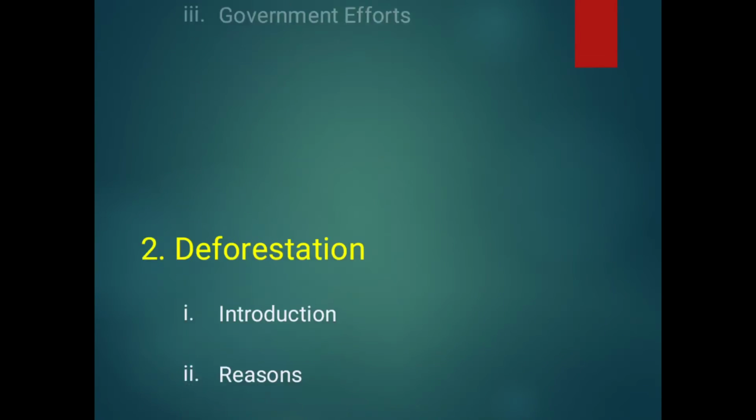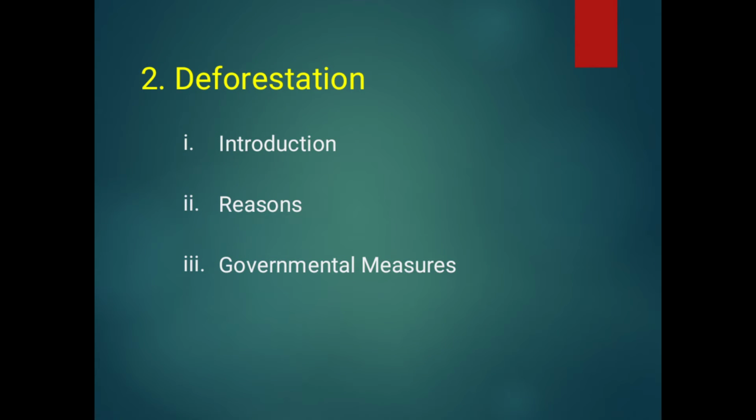The other problem is deforestation, which we refer to in the form of water logging and salinity. Deforestation is the ruthless cutting of the trees. It is generally thought that every country must have at least 20 to 25% of its area covered with forest. In Pakistan, the case is not that encouraging. It is rather pathetic that we have only 5% of our land covered with forest, and that is rapidly regressing